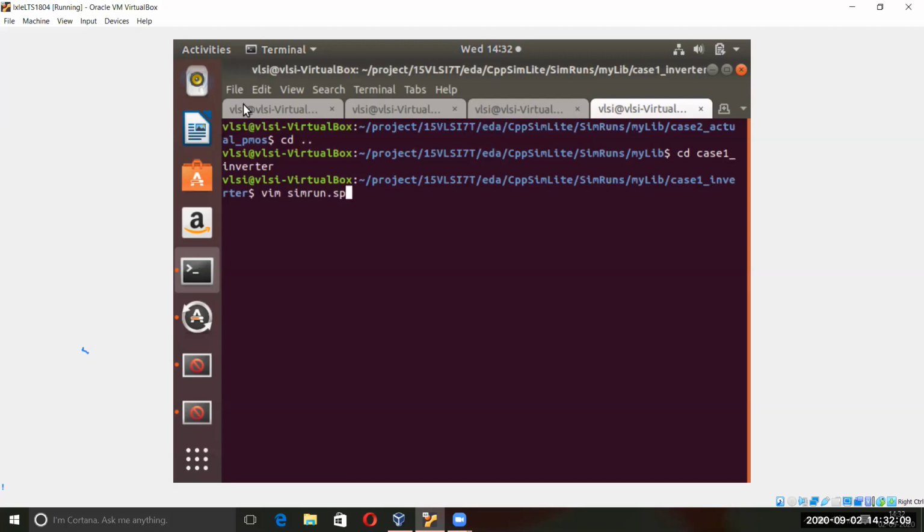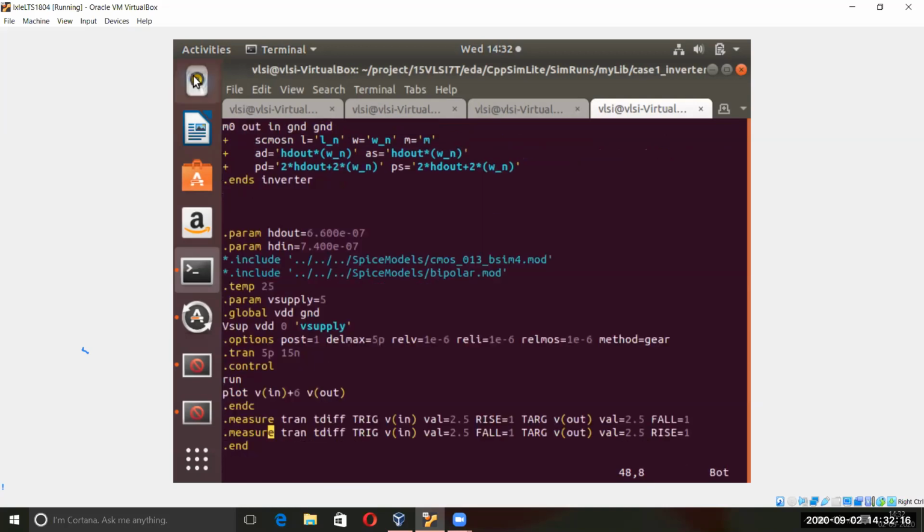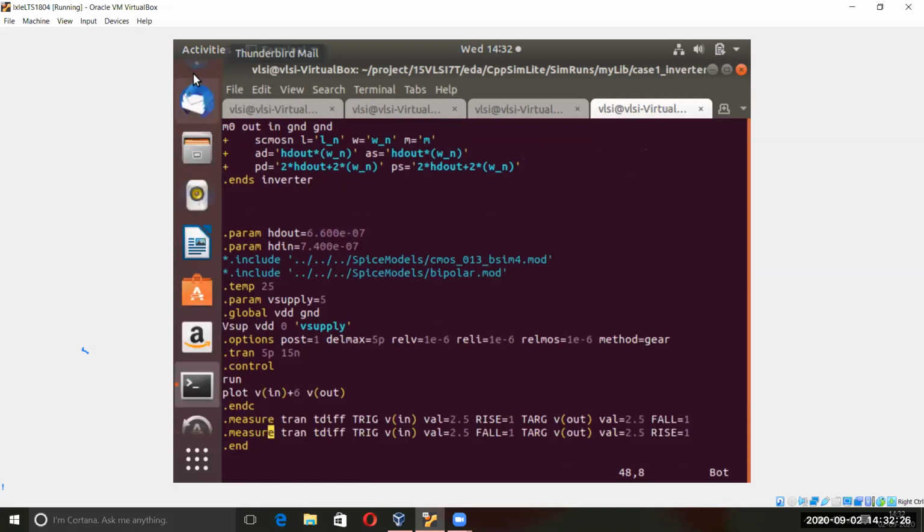Which one? Simran's netlist. Yes. So here in the statement, if you add this statement, you can copy the same. Just copy. Value 0.5 and 4.5. Instead of V in, put V out.